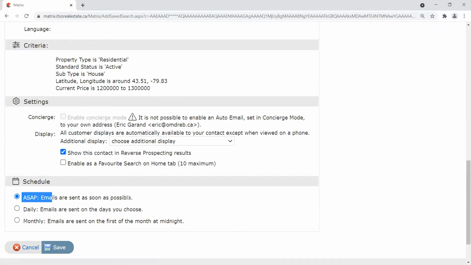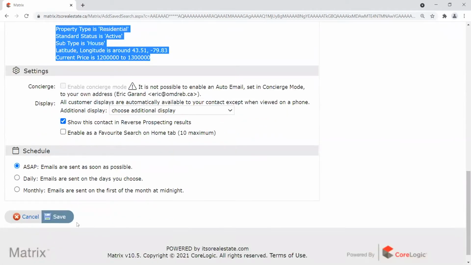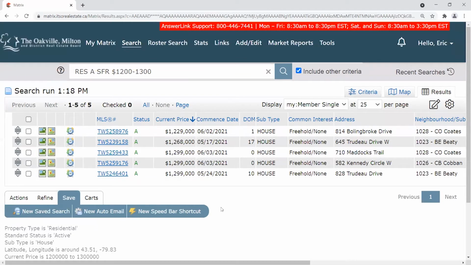I'm going to go as soon as possible, knowing that ours is really refined. We have client full version, and I'm going to hit save. It should add a pop-up: Created auto email Milton properties of interest. As far as what we're expecting right now as well,